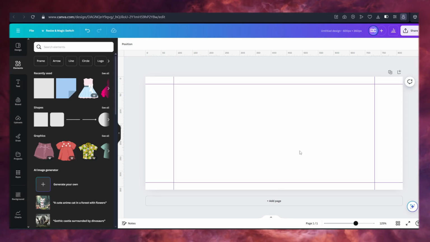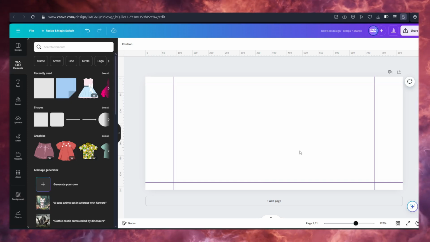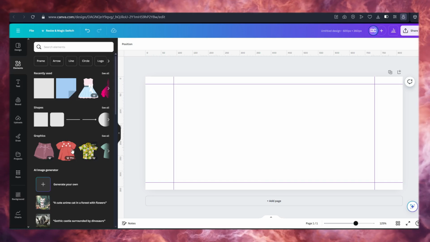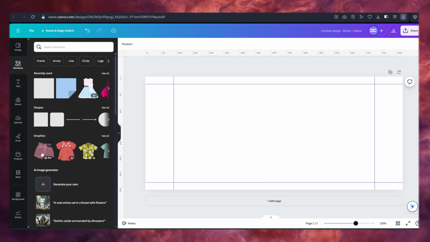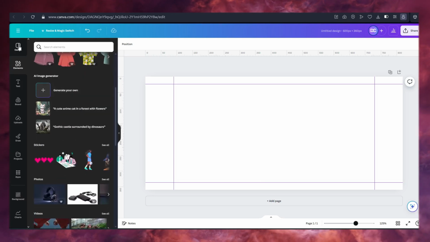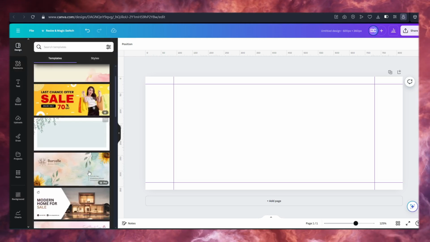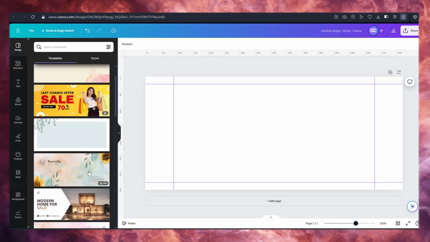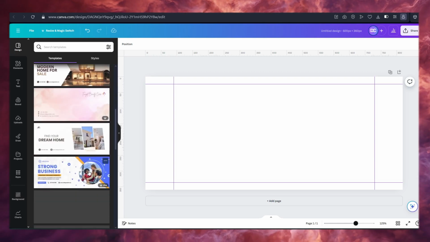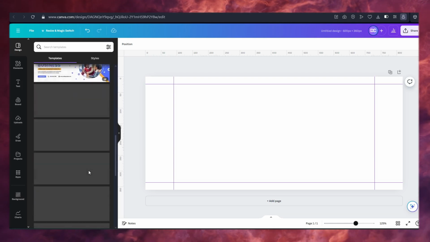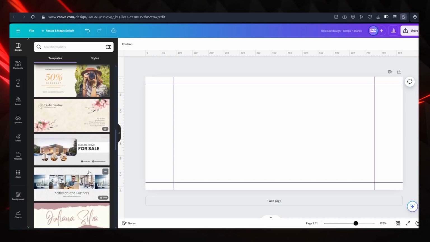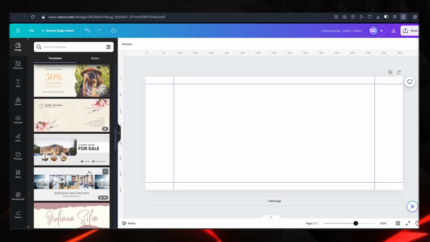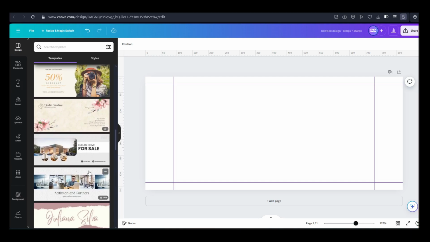We can now go ahead and proceed to design. At this point, you can either start with an empty canvas, or you can select from the multiple templates available here in the design section. As you can see, there are multiple template options given to you, so you can scroll down and see if you want to use any one of these. Ultimately, the template you pick will have to reflect the nature of your business and the industry you are in.